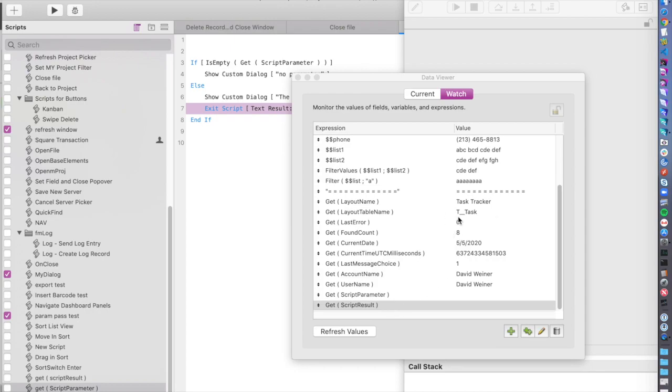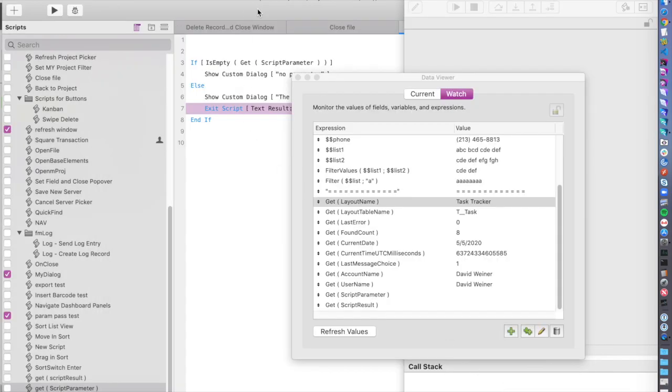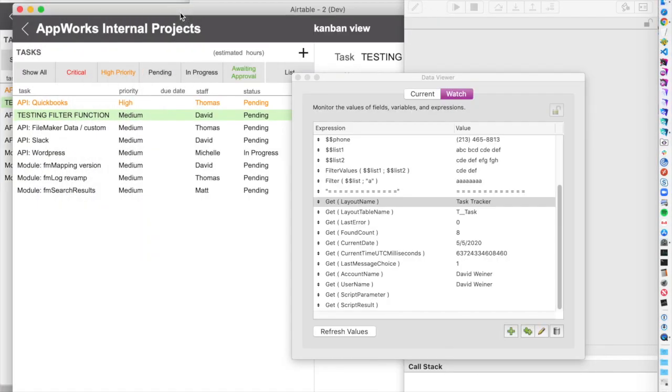So I'm sure you've seen some of these, but maybe some of them you hadn't ever thought of how to use them. So we'll start off with layout name. That's pretty basic. Get layout name just returns the name of the current layout that you're on. And in this case, you can see that we're actually on a layout called